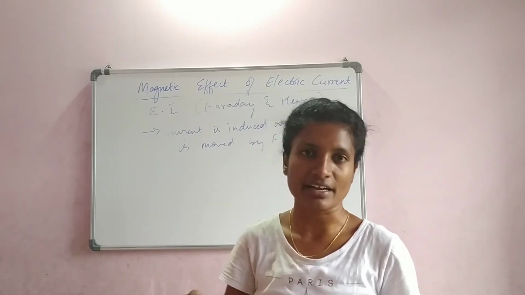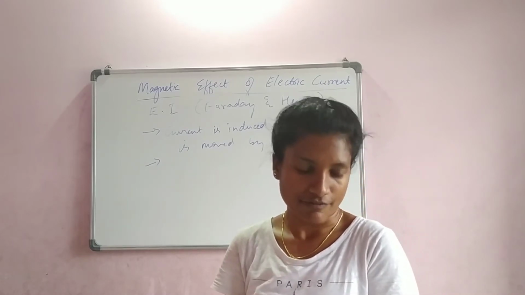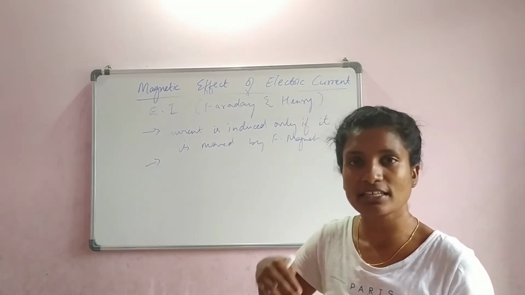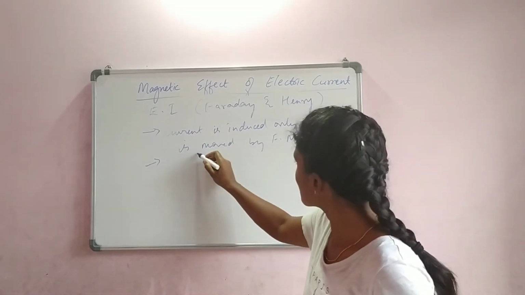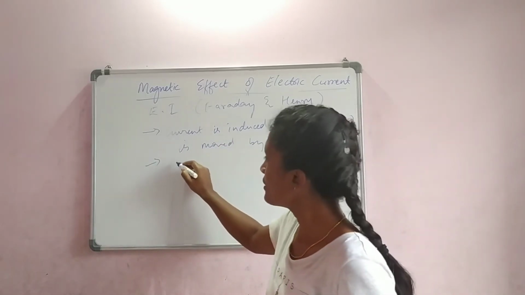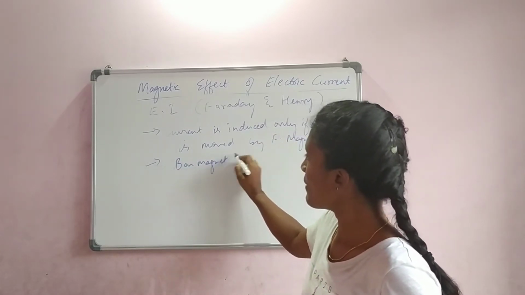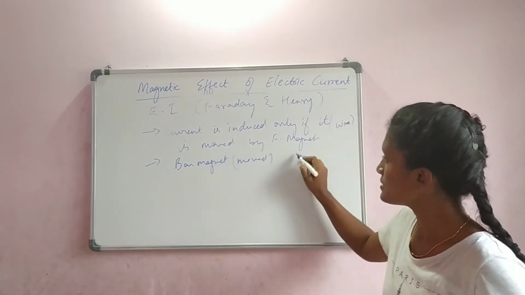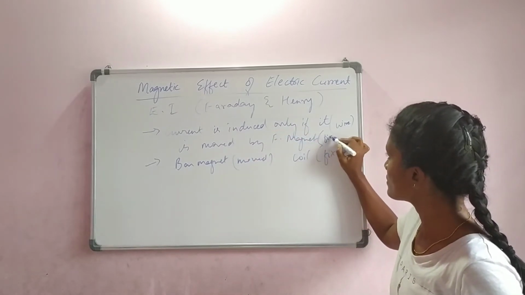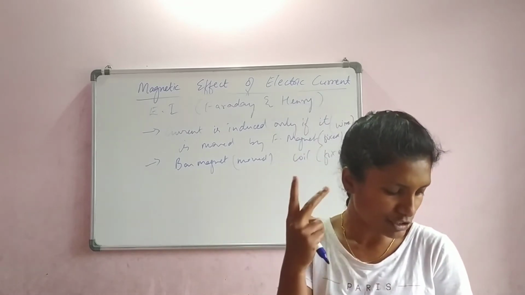Either the wire has to move or the magnet has to move. The same necessary condition which we spoke about. A current is also induced in a fixed coil when a magnet is moved relative to the fixed coil. They are speaking about the other case. Initially, the wire was moved. In the second experiment, the magnet was moving. The bar magnet moved, whereas the coil remained fixed. In the previous case, the magnet was fixed and the wire moved. Here, the coil is fixed and the magnet moved. These were the two observations made.